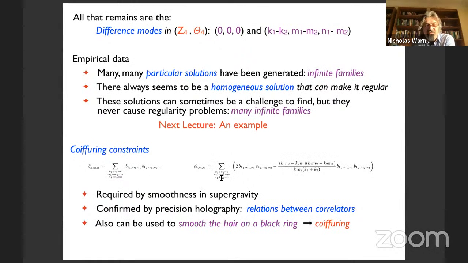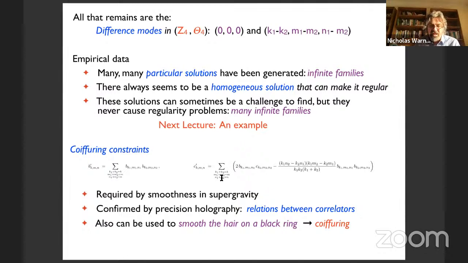Now, I can't resist explaining where we first got this term coiffuring from. Some time ago, Simon Ross and Joseph and I started looking at hair on the surface of black rings, and we discovered that we could make the ride across the horizon of a black ring as smooth as we wanted. What does that mean? It means you can arrange that